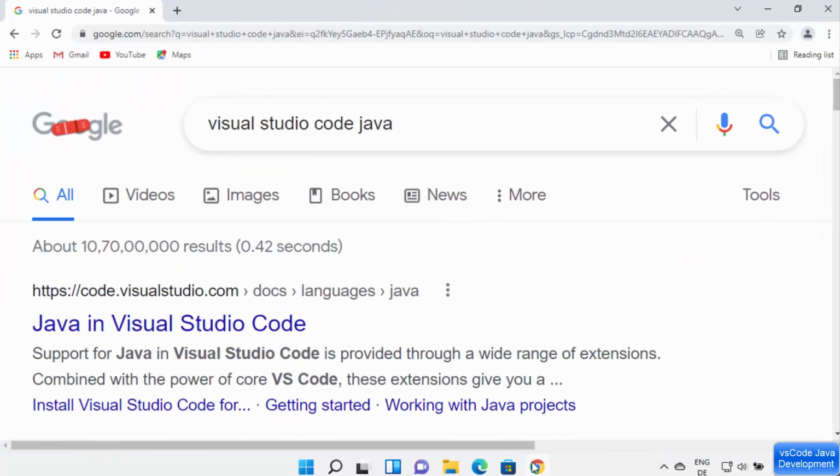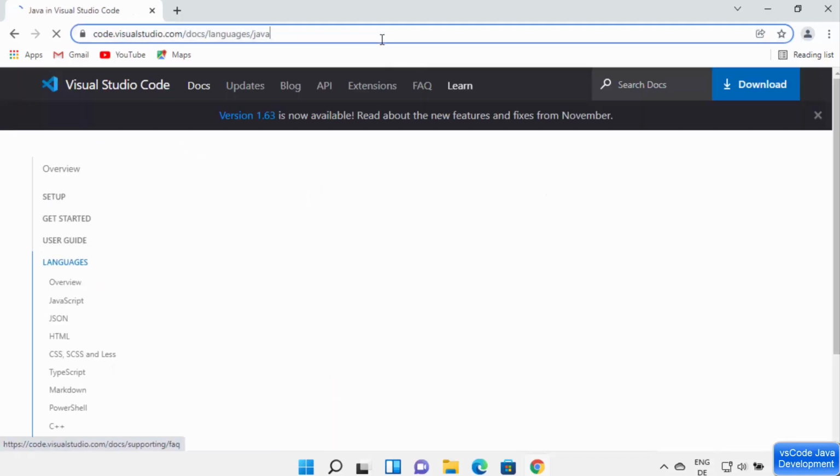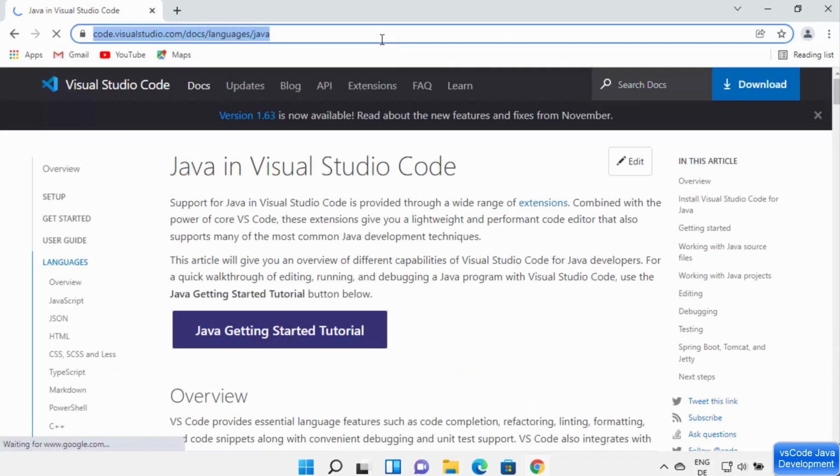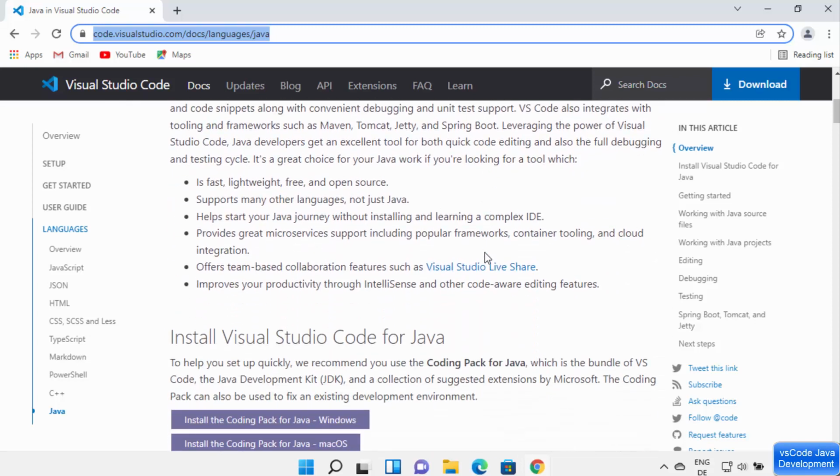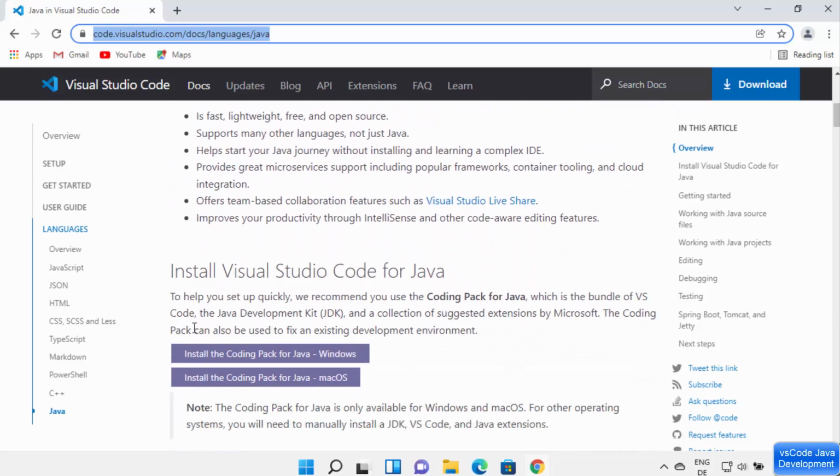So for that, you can open your favorite browser once again and then search for Visual Studio Code Java, and you will see the first link which will appear here, which will be from code.visualstudio.com. So I'm going to click on this link. The most important step here is when you scroll down, you need to install this package which